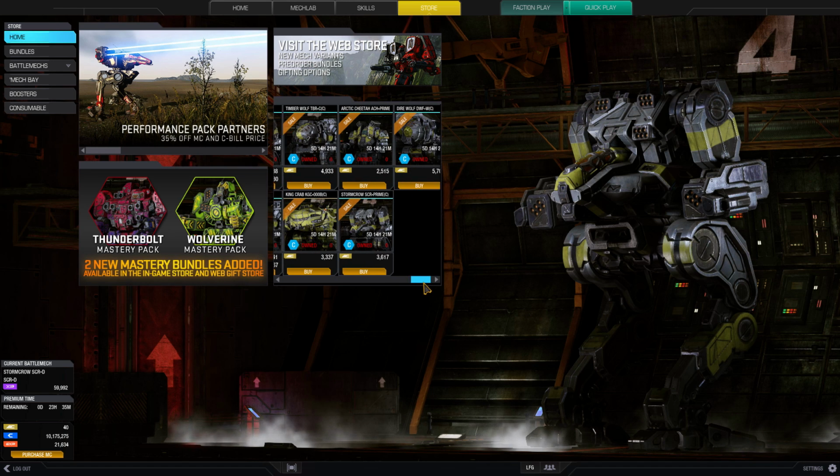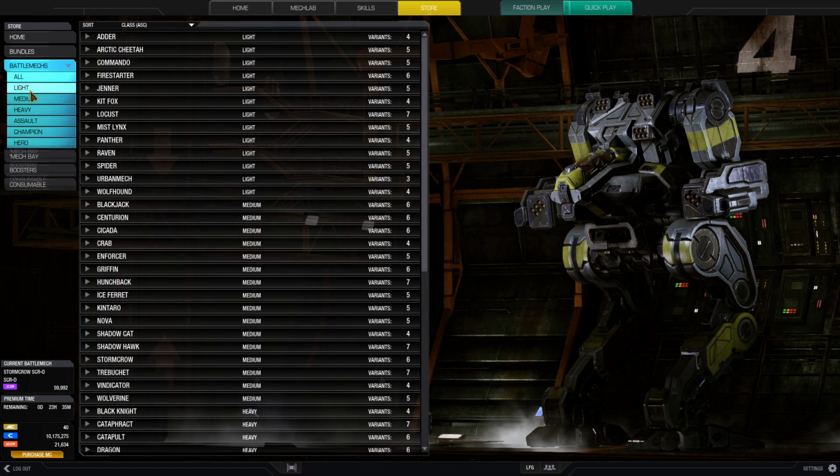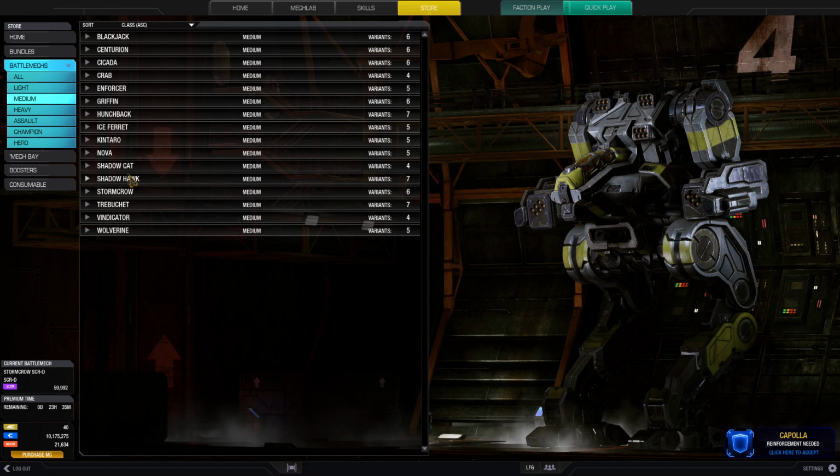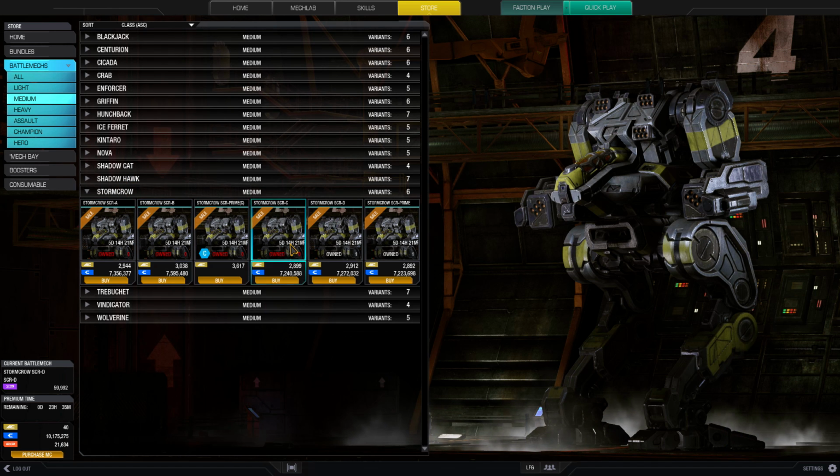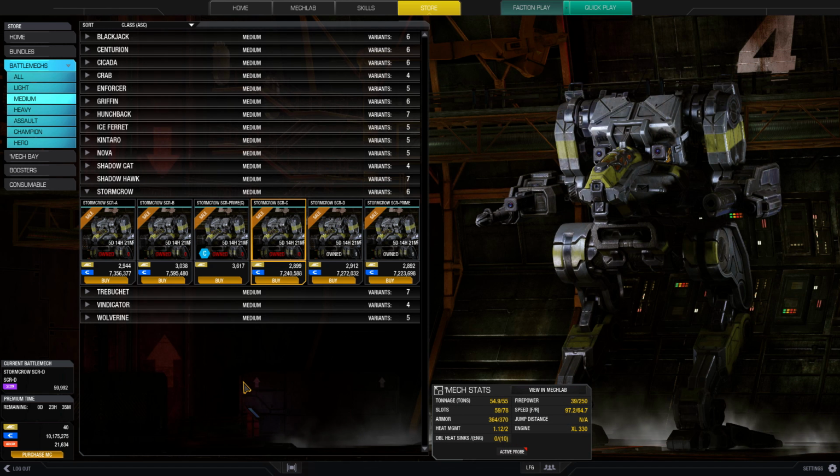But I can get the Stormcrow for so cheap. Oh my god, look at all these mechs. It's amazing. So let's click in here and let's look at them. The Stormcrow. Oh, okay, now we can decide which one we want, and we have 5 days left in this